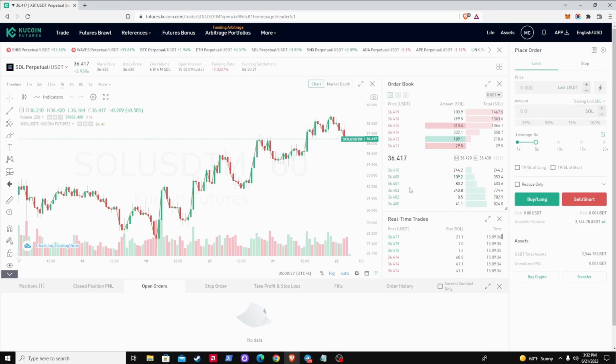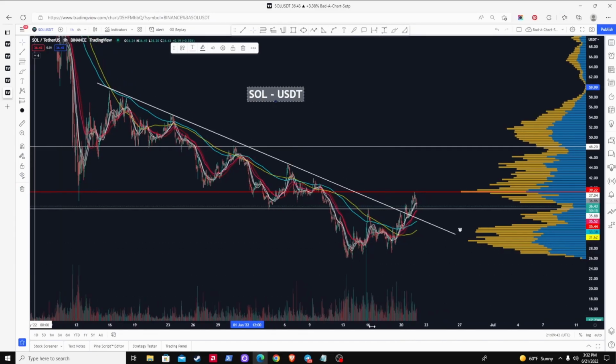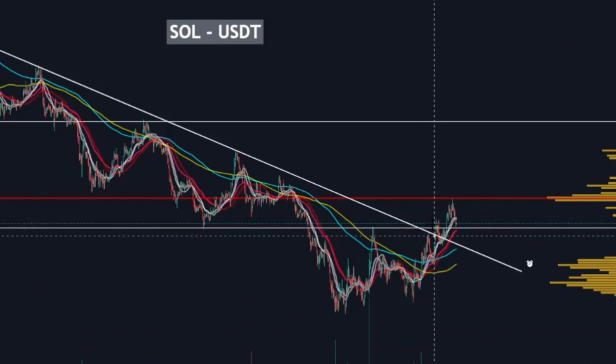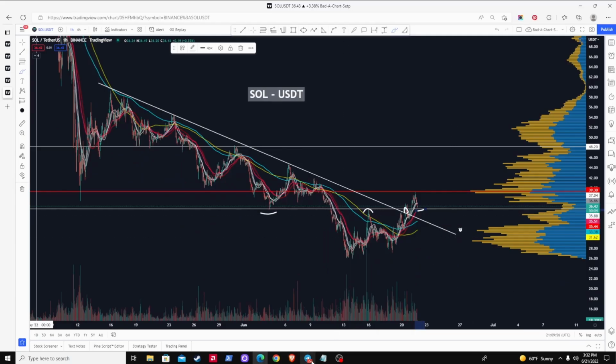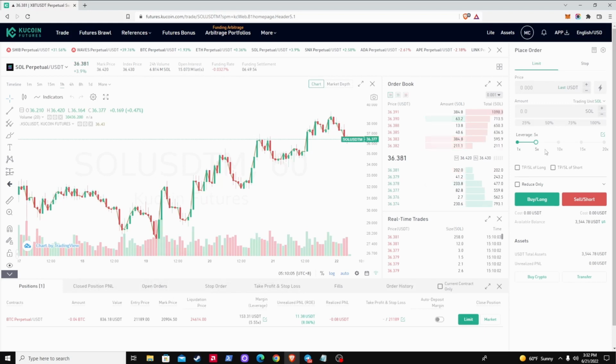But at any rate, now I'm going to hop over here to my Solana chart. We're looking at this and going, okay, we've had this long downtrend. It broke out of it. Looks like it retested it back down here, right? Broke out, retest. Now you have this area that was previously support, then it was resistance. It's trying to bounce off of it. So for the sake of this video, we're going to go ahead and open up a long position, which is actually contradictory to my current short position for Bitcoin, obviously, right? But we're going to open up a long position with 5x.